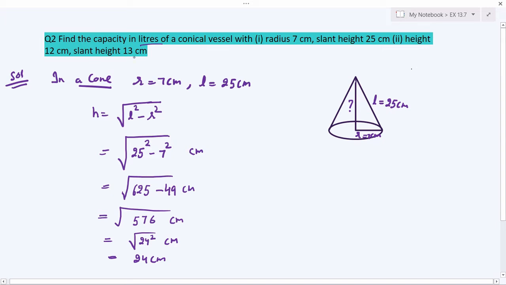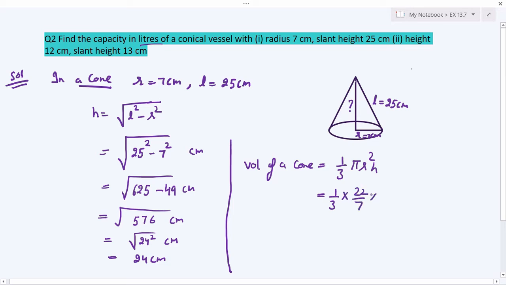Right? Now you have to find out the capacity, means you have to find out first of all the volume of the cone. Now what is the formula for volume of a cone? Volume of a cone is 1 by 3 pi r square h. Now replace the value here. 1 by 3 pi is your 22 by 7 and r is your 7 centimeter. So I will write it down 2 times here, and h is your 24, and this would be in centimeter cube. 7 will cancel with this 7, 3 ones are 3, 8 threes are 24.